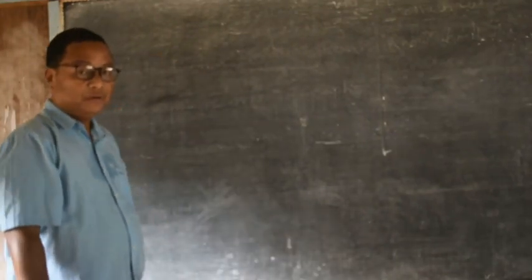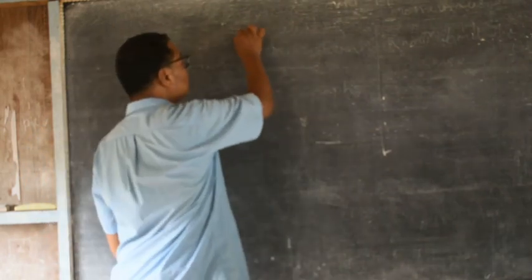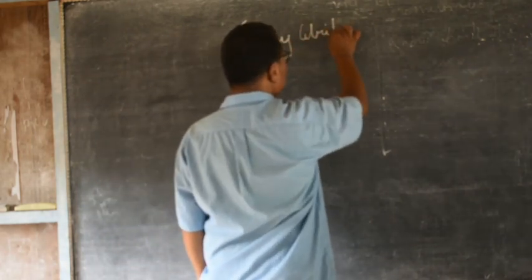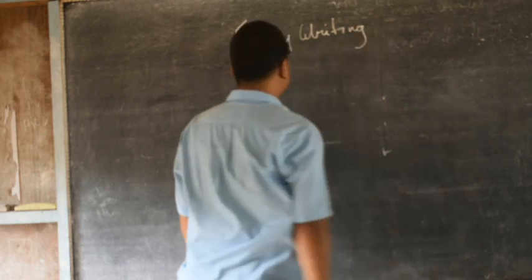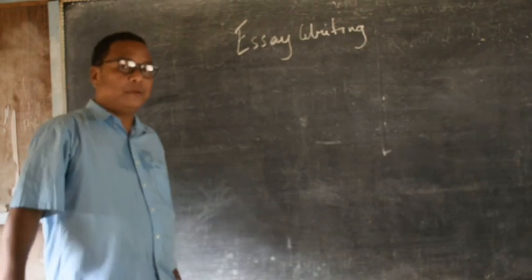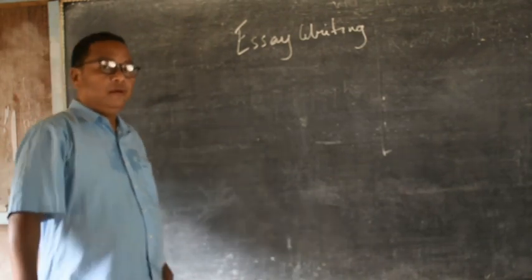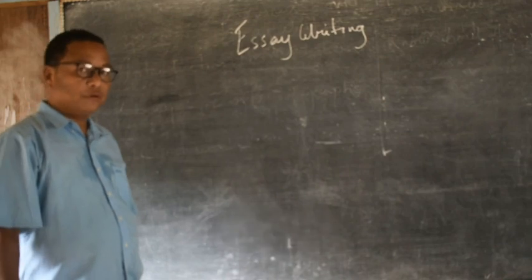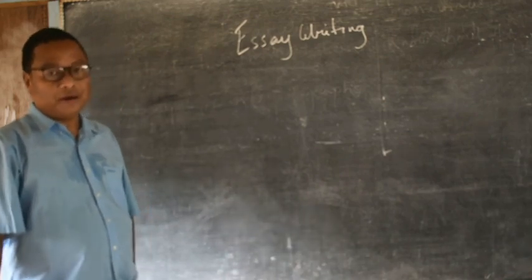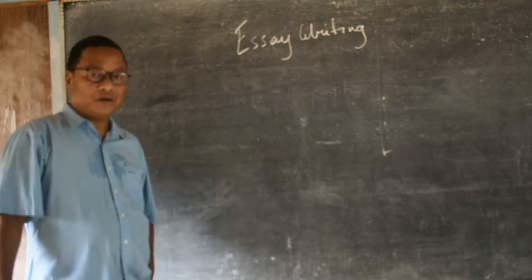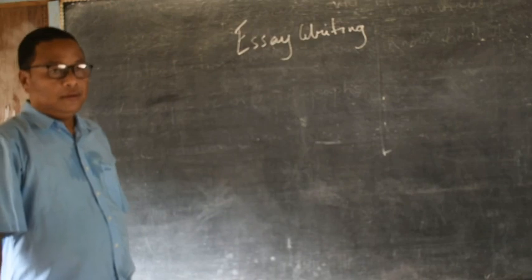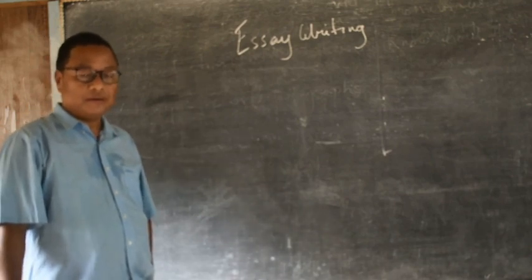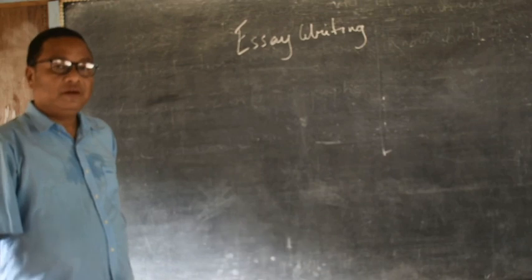Today we are going to learn about essay writing. In essay writing, which is a part of English composition, what we are required to do is to write in about 4 or 5 paragraphs on any topic which we make on our own or which are given to us by our teachers, and express our thoughts and ideas by collecting the facts and figures about the topics and expressing ourselves in writing